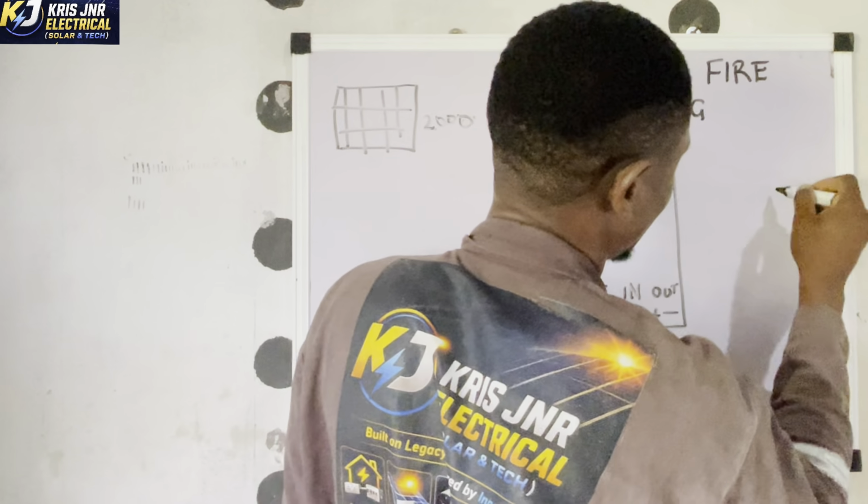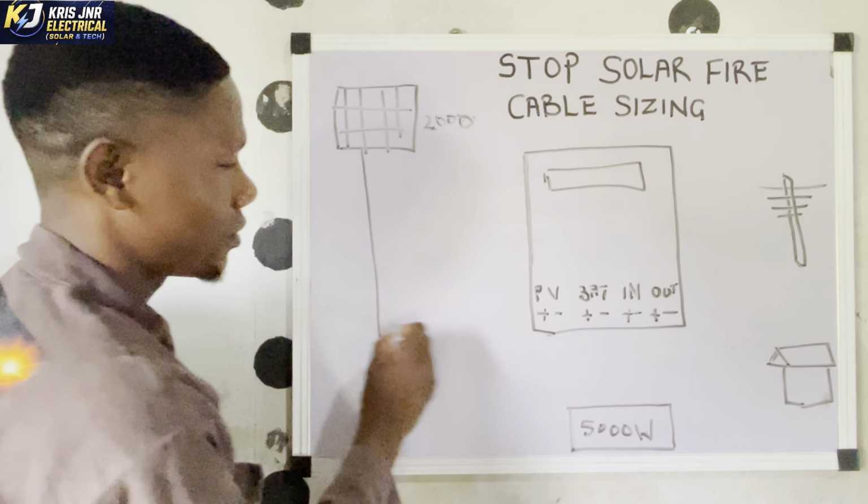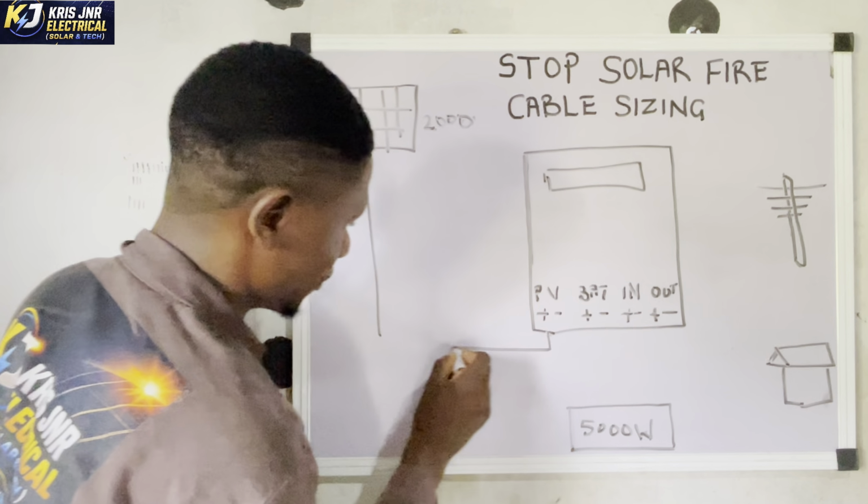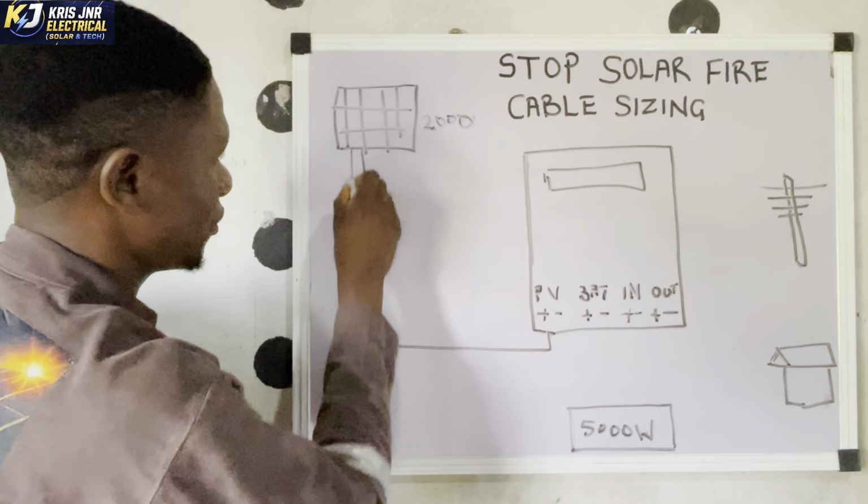So, okay, let's do our connection. Our cable from the solar panel goes to the plus, to this plus here, and the minus to the minus of the PV section. Then the battery, there should be a breaker. You know, there's one of our videos on this channel. You can watch the video and understand how a solar panel is connected, how an inverter is connected. Okay, your hybrid. It's on this channel, how hybrid inverters are connected. Okay, it's there. Then the input from the grid